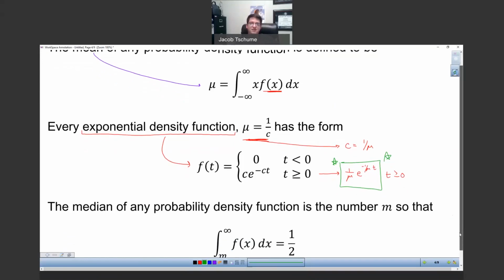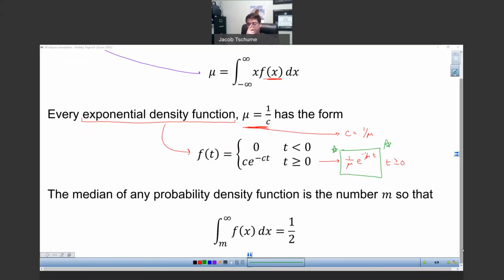All right, and then outside of mean, the only other thing that we're going to cover today is the median. If you're trying to figure out what the median of any probability density function is, the median is the exact midway point where half of the data is above it and half of the data is below it. You can find that by integrating from m to infinity of the density function and setting it equal to 1/2. And your job will be, how do you find that value of m, which is the lower parameter of the